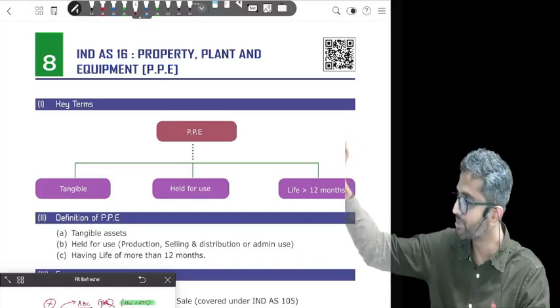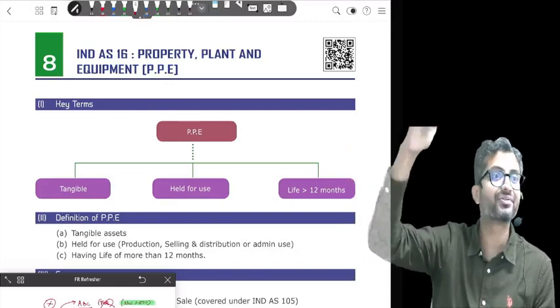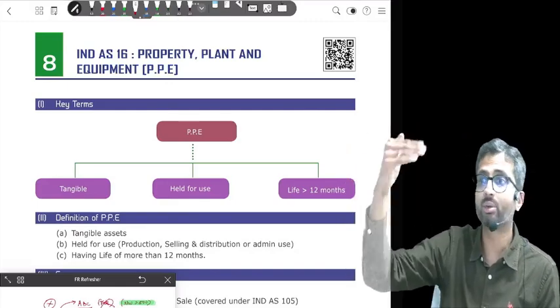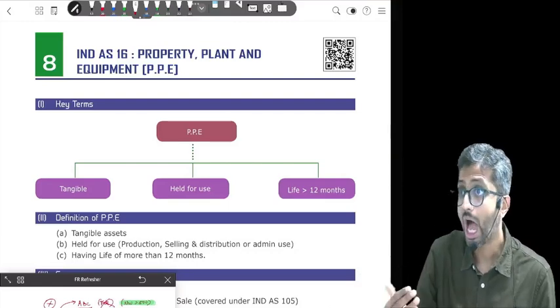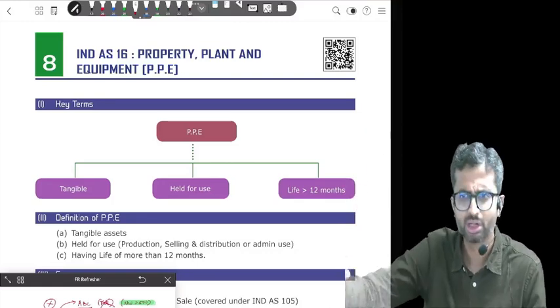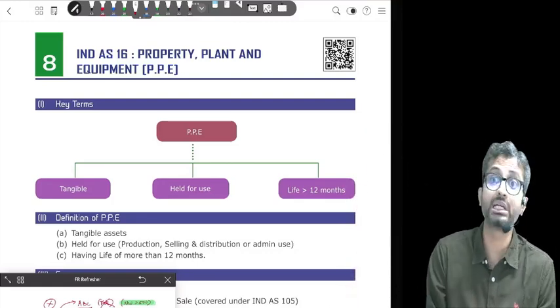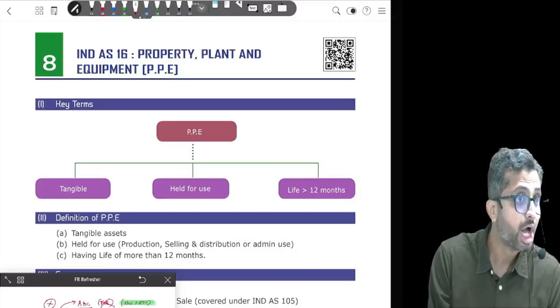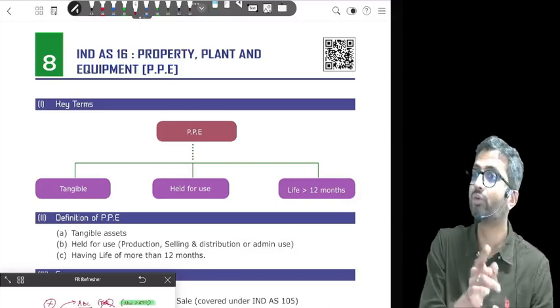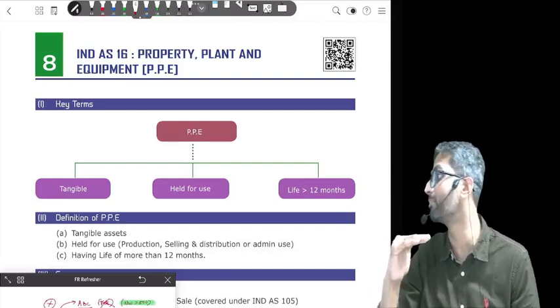But if I am an NBFC parent, I have an NBFC subsidiary, it's a good question. So if I am an NBFC parent whose net worth is less than 250 crores, and I have an NBFC subsidiary whose net worth is 1000 crores, for example, and my NBFC subsidiary is following Ind AS, will my NBFC parent move to Ind AS? Yes, because NBFC parent and subsidiary have the same roadmap.